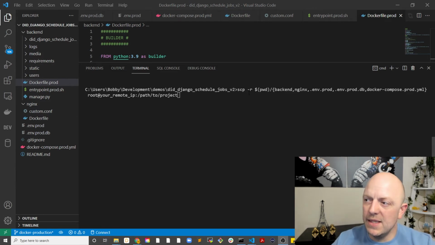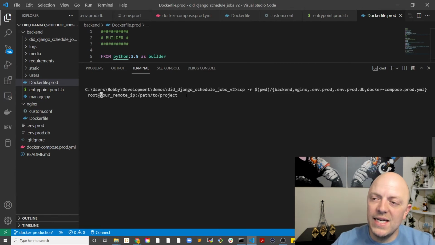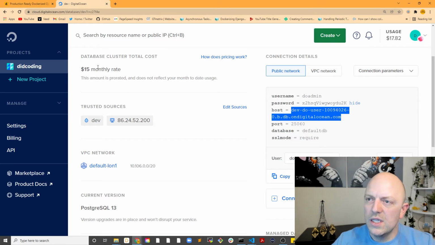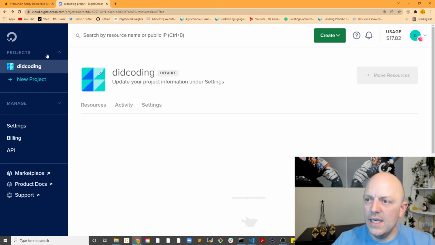Okay, so we're using SCP and we're copying over everything from the home directory, looking at backend, which is the whole Django app, the Nginx directory, and all the environment variables that we just moved. You see, we're only moving over the production versions. The only thing you need to change here is root will remain the same, but you need the IP address of your virtual machine. So if you go into DigitalOcean, the virtual machine is